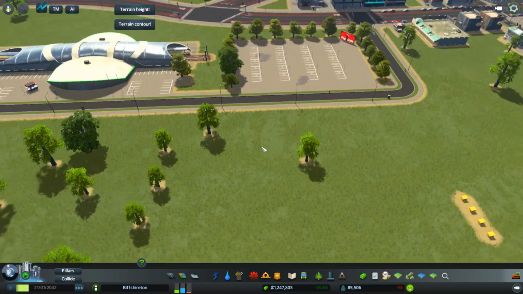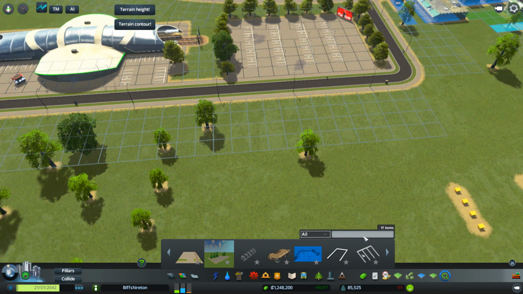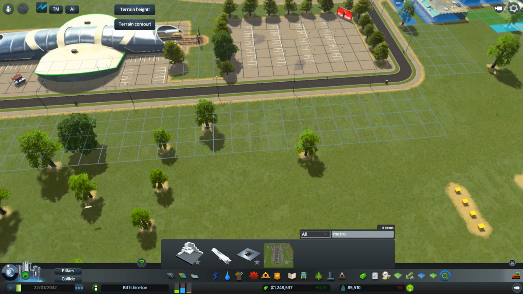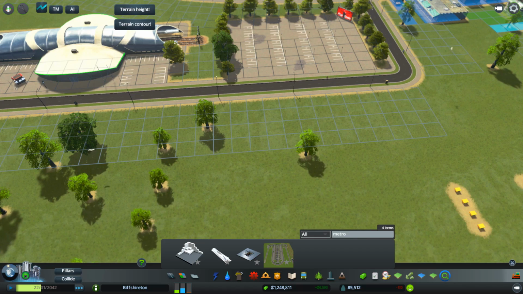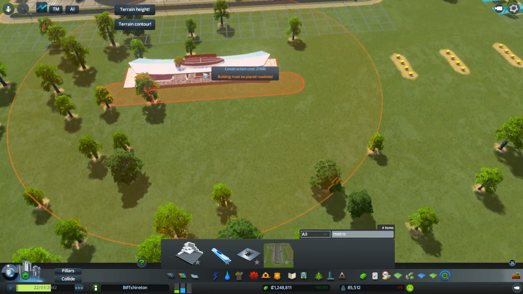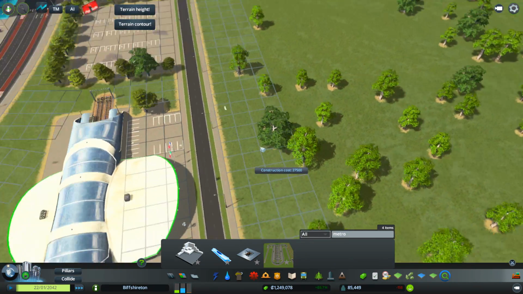And then, just looking at our metro. What have we got here? So we've got the inner city metro. That would look nice. Off-height, no, we won't do that. So we could have this. Oh, that would be fantastic. On the other side,